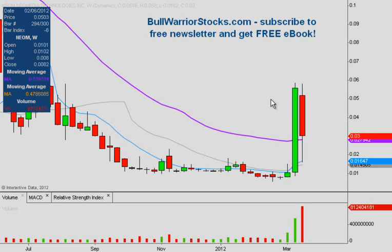the weekly chart. Obviously, if you're a day trader, you really don't care too much about the weekly chart. But if you're in this for a longer term trade or a swing trade or whatever you want to call it, then the weekly chart is something that you should want to pay attention to. So after the 50-week support level, or I should say 50-week